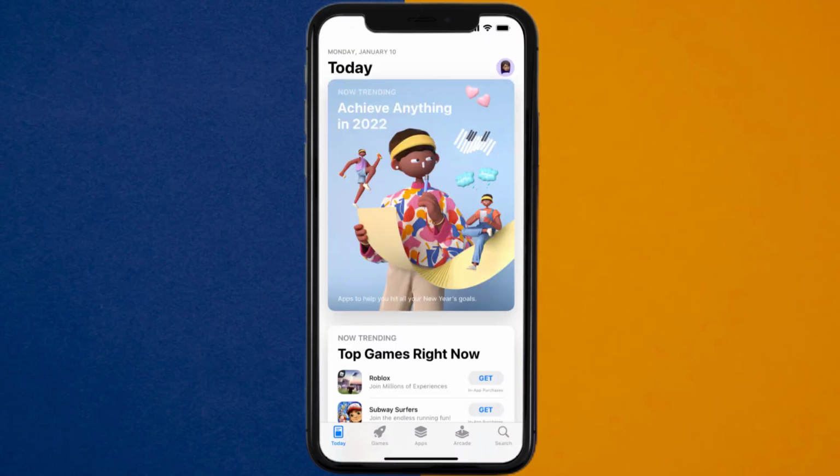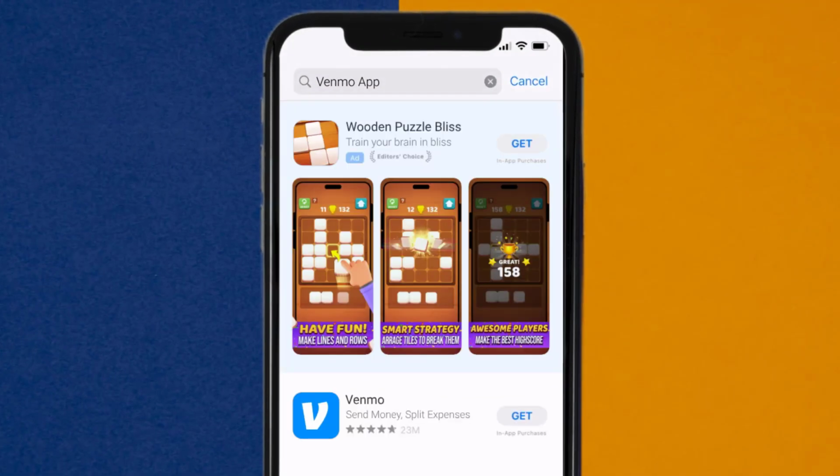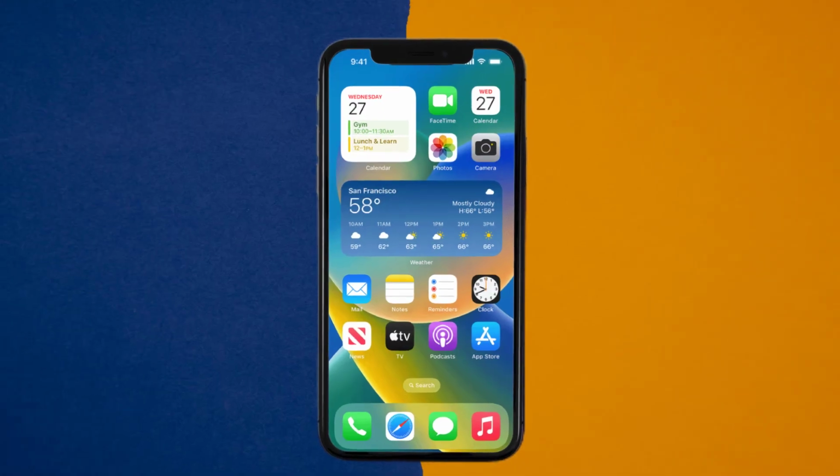Open up App Store on your device, and then tap on this search icon in the bottom right corner. Then search for the Venmo app, and if you see this update button right next to the app name, simply tap on it to make sure you're running the latest version of the app. This should fix Venmo direct deposit option not showing up, but if it doesn't, then you need to clear App